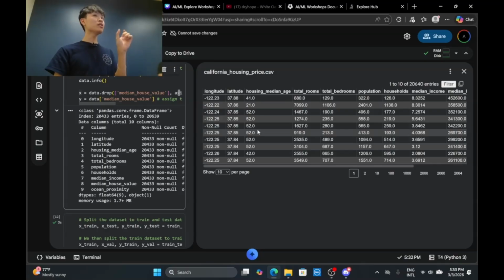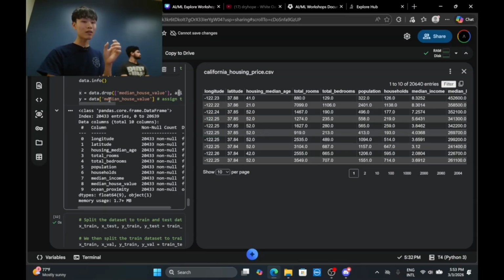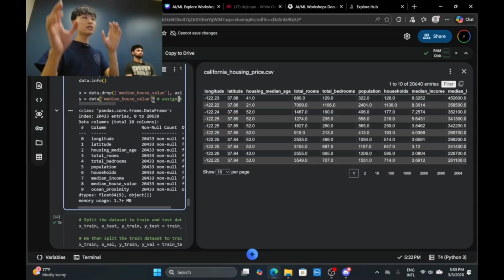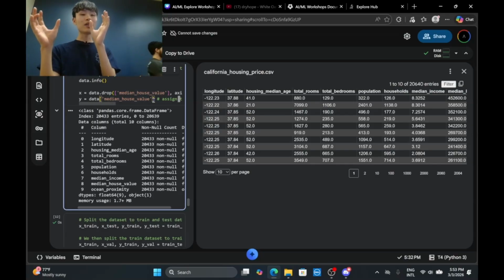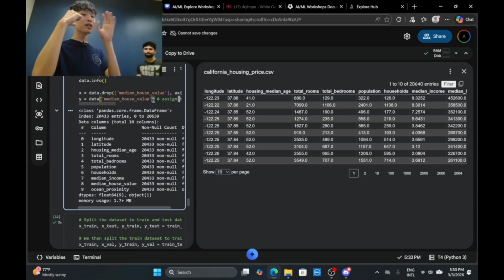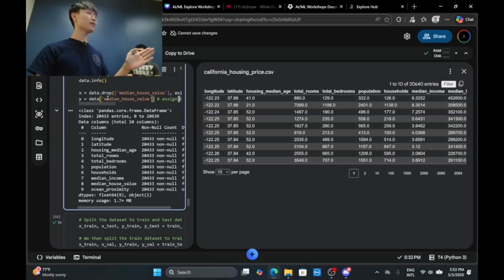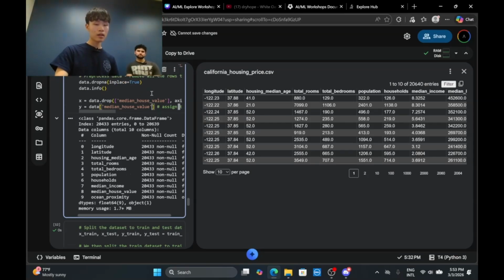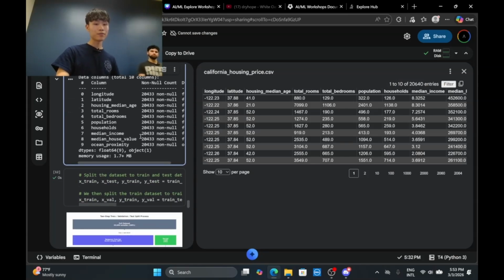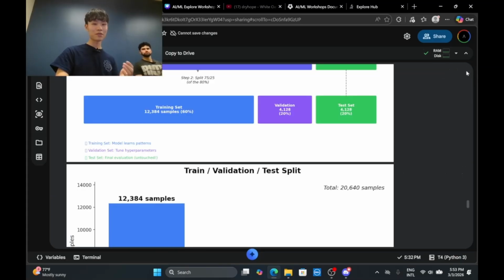The median house value is our target value that we want our model to predict, which is the housing price. So I take all these columns and assign their data into X, besides our target value column, and then assign the target value column into y, so that later on I can do further stuff with it.